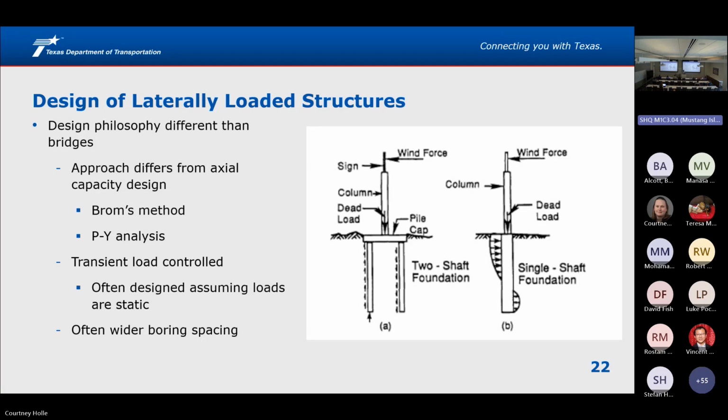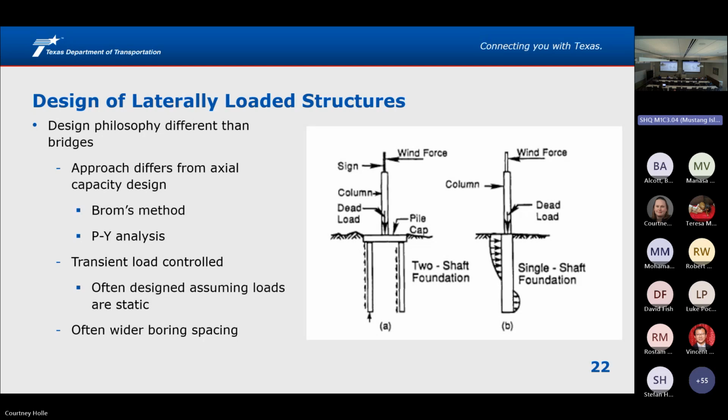And so we have a couple of approaches approved by AASHTO to take a look at these laterally loaded structures for sign structures. There's Brahms method, and there's using L-pile and PY analyses. Often these are controlled by a transient loading as well. Most of the time when we're doing these analyses right now, we're using static loads for the most part. That's fairly conservative. We have this general idea in the geotech world that whenever something is loaded cyclically or with transient load, the soil may behave a little bit stiffer. But from a design standpoint, using these methods and approaches, we treat it as a static analysis. So that's on the conservative end of things.